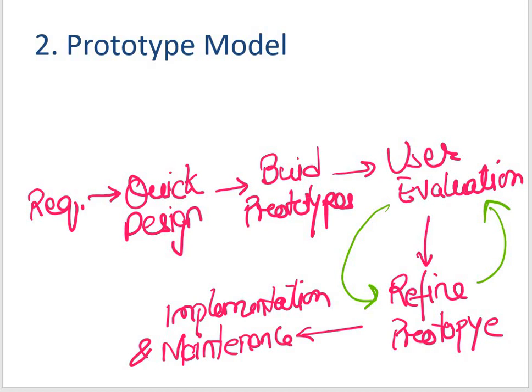In case of requirements gathering and analysis, your prototype model will be starting with this particular phase, and the requirements of the system are defined in detail. During this process, the user of the system will be interviewed in order to know what the user is expecting from this system. And then we'll go ahead with the quick design, which is the second phase, in which we have a preliminary design.